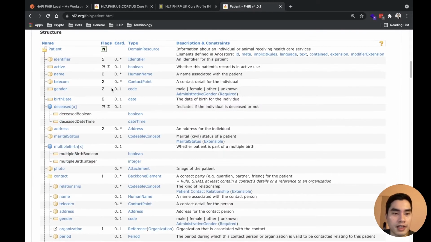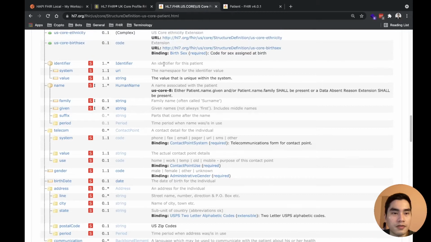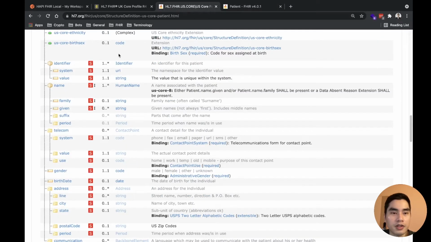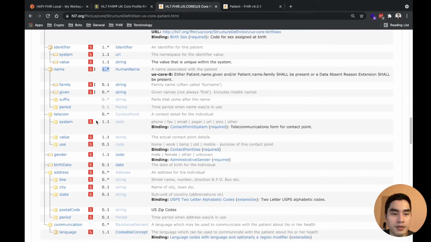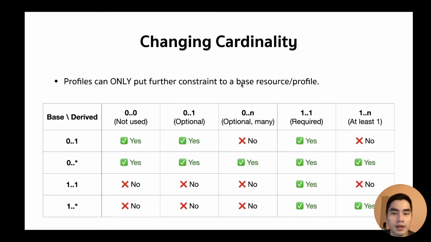So let's say that here in US Core, identifier is not required and it can have many. Now it constrains it to be a required element, name as well, system as well, right? So the rule is that it must be further constrained. It cannot expand.